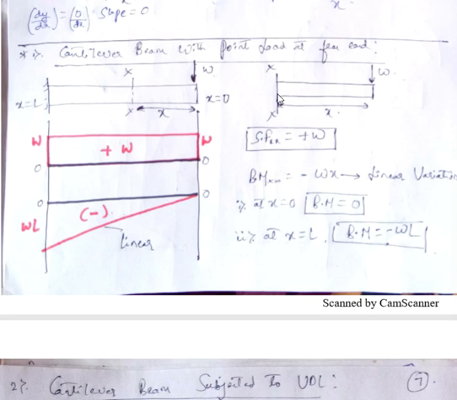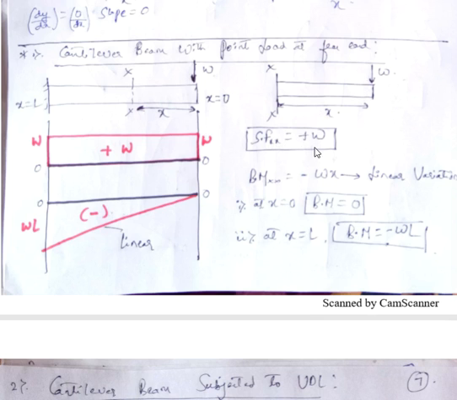Suppose I want to find what is shear force acting on this section xx, then what I need to consider? I need to consider all the forces towards right or all the forces towards left. Since there is no beam towards left, consider all the forces towards the right. There is only one force, that is W, and it is acting in downward direction. Downward direction shear force from right, it is positive. So shear force at section xx is equal to plus W, because it is acting in downward direction.